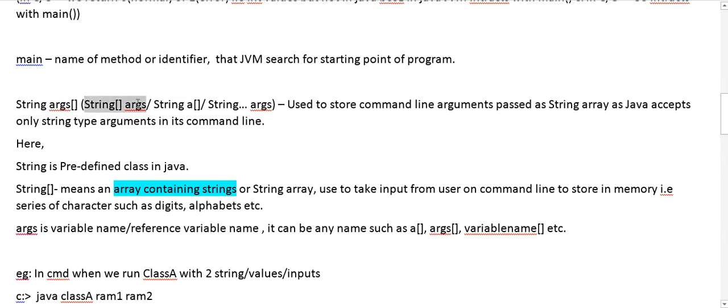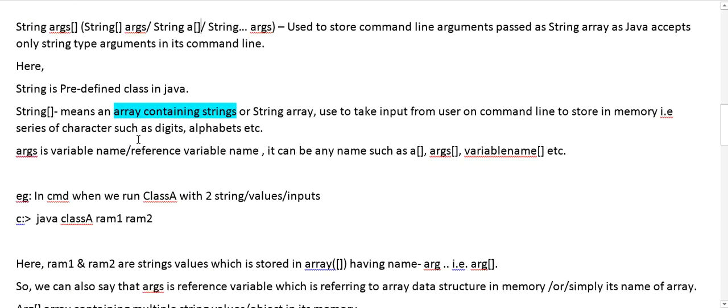We can also write it as String args[], String a[], or String... args. It can be any array name, and it can be denoted like this or like this. Okay, so it's all the same thing. You can change it accordingly.